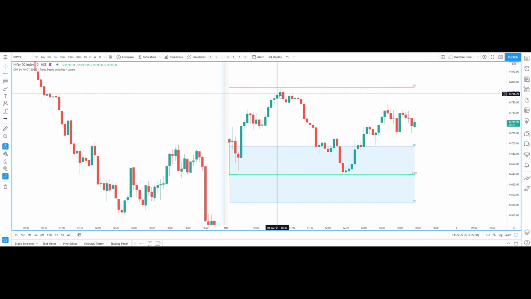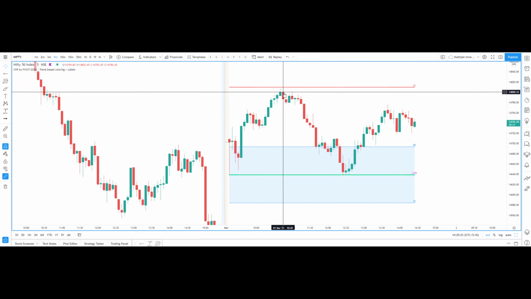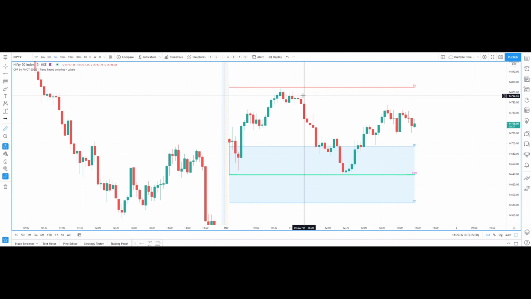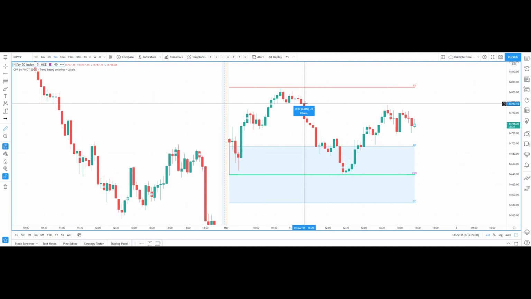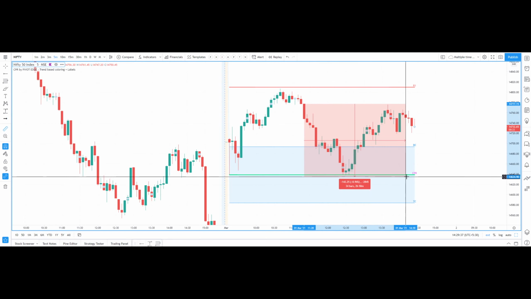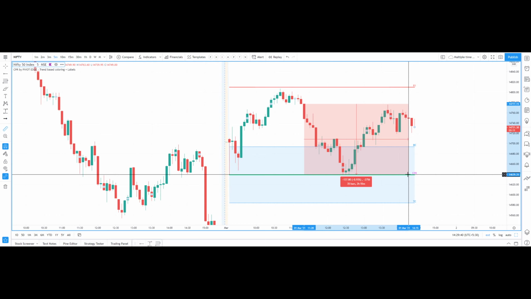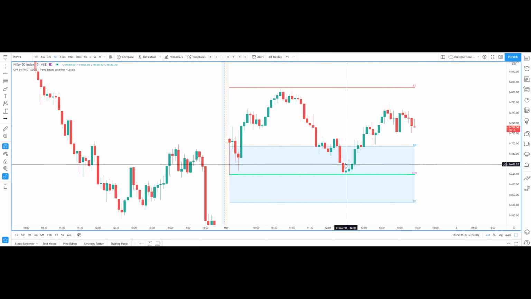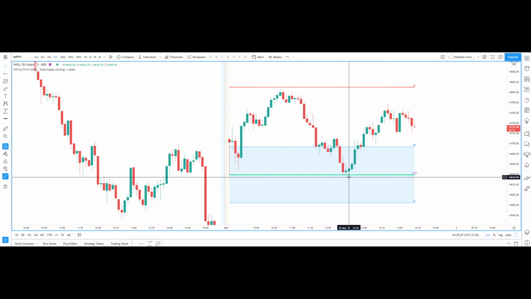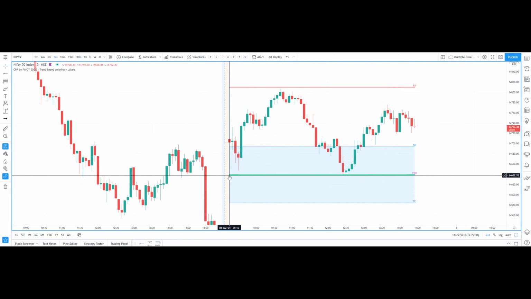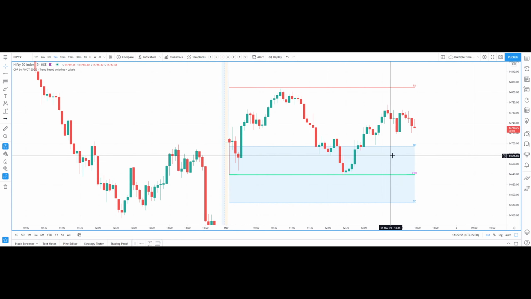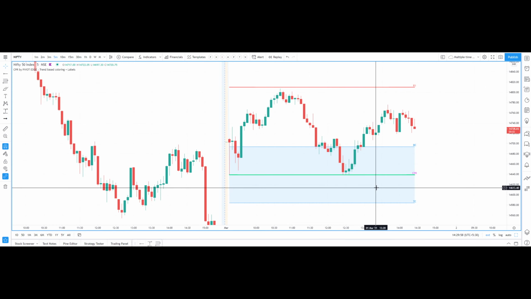Once it is unable to breach this R1, and you can see the rejection here, you can take a trade after a major rejection. I have taken a trade after this rejection, in this candle start, up to CPR. So another 137 points in Nifty. Okay, so easily it came down and took support exactly at the CPR. The CPR is showing green color, which means the trend is bullish for today. Till now it has not breached the CPR and gone down.